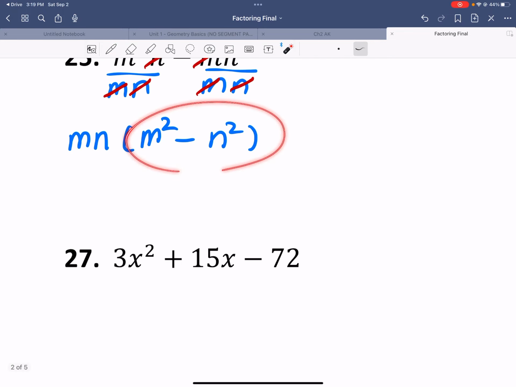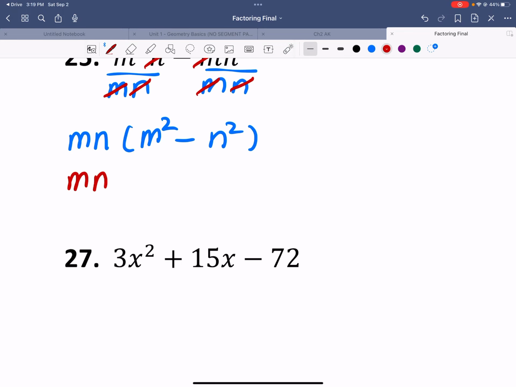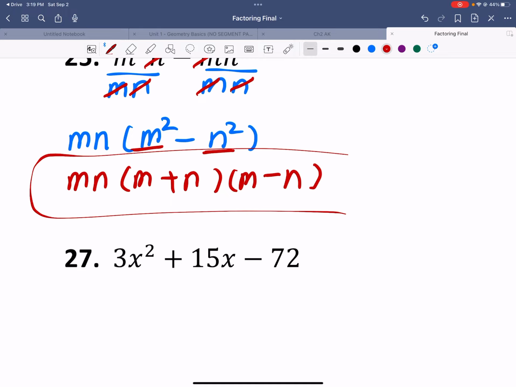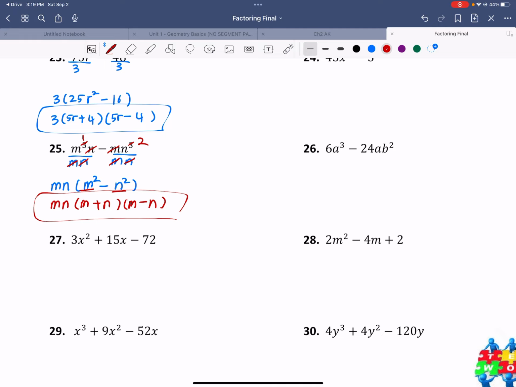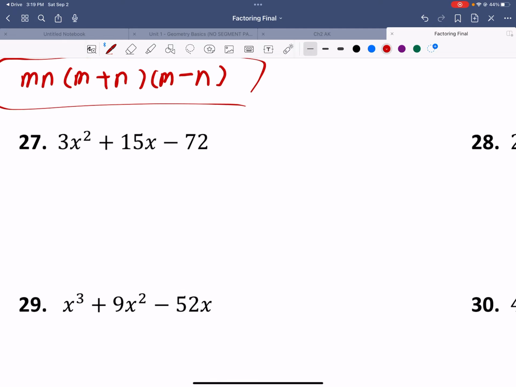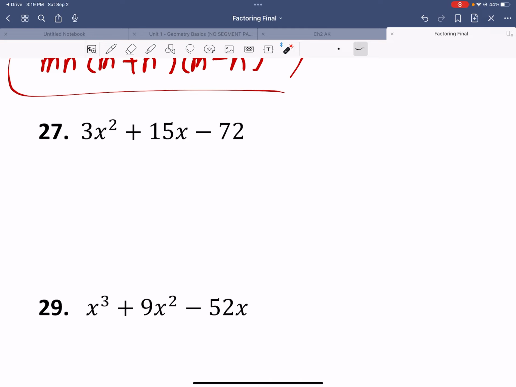Yeah, how can I factor this one? It's a piece of cake. Set up 2 parentheses. Positive, negative. Something times something gives you m squared. M times m. Something times something gives you n squared. N times n. Oh, so easy, right? 27. Now remember, you cannot just move, slip and slide here because as you can see, 3,